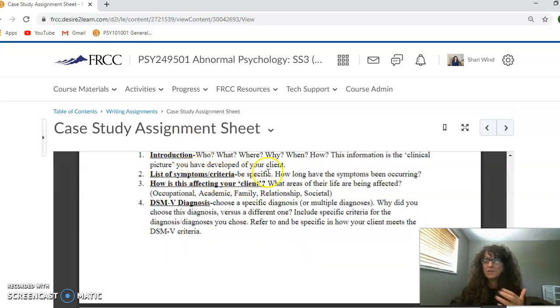Number 2 is a list of symptoms and criteria. 3, how is this affecting your client? Is it occupational, academic, family, relationship, socially? We're going to look at those 4 Ds a little bit, probably there. And then choose a DSM-5 diagnosis. So it's pretty basic what you're going to be doing here, but I also want you to just think about